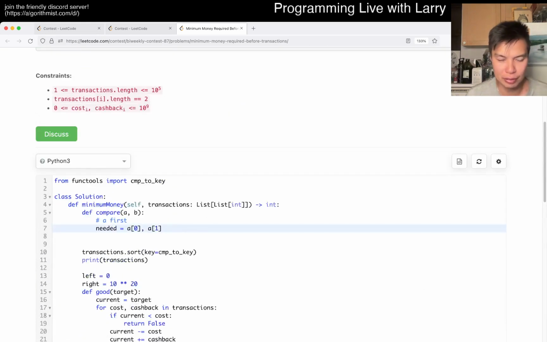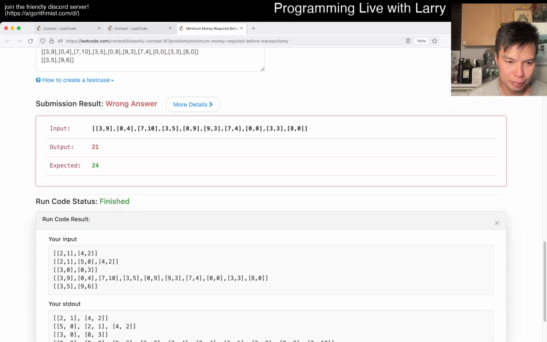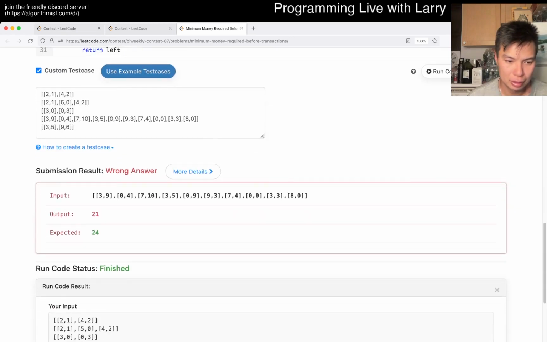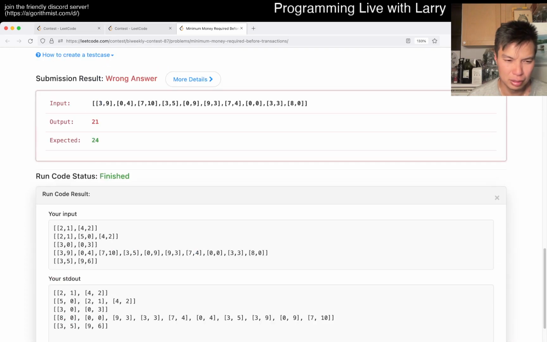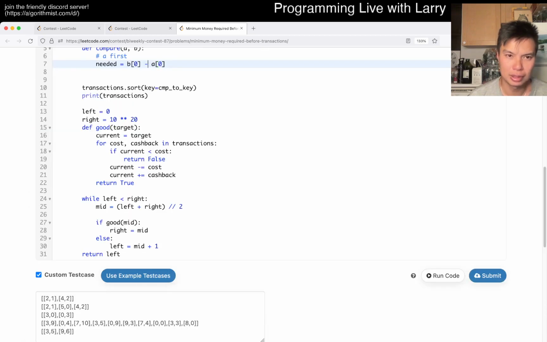So A first we have B1, B0 minus A0. No, it's plus minus A1, but it's also something like